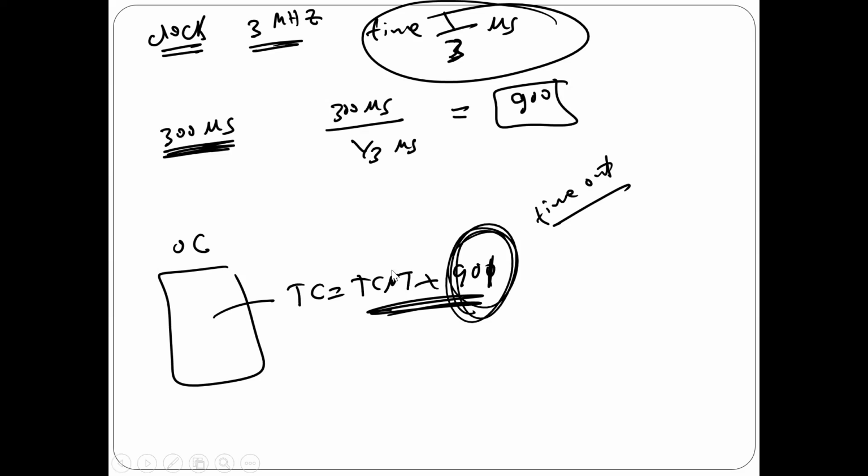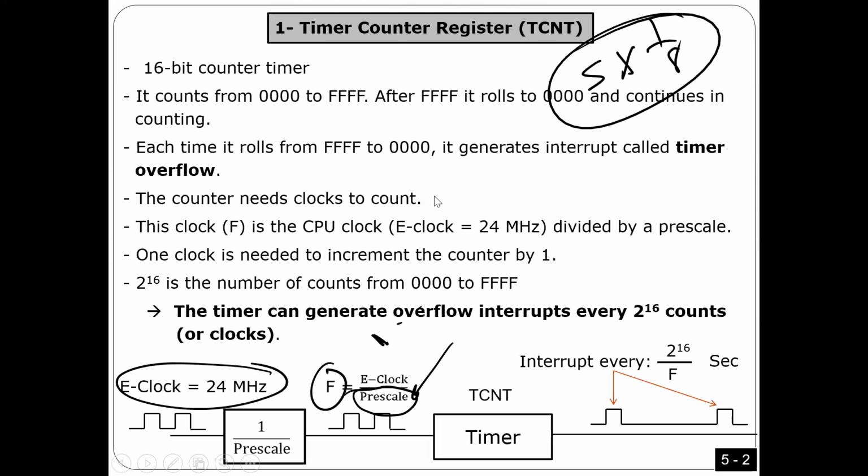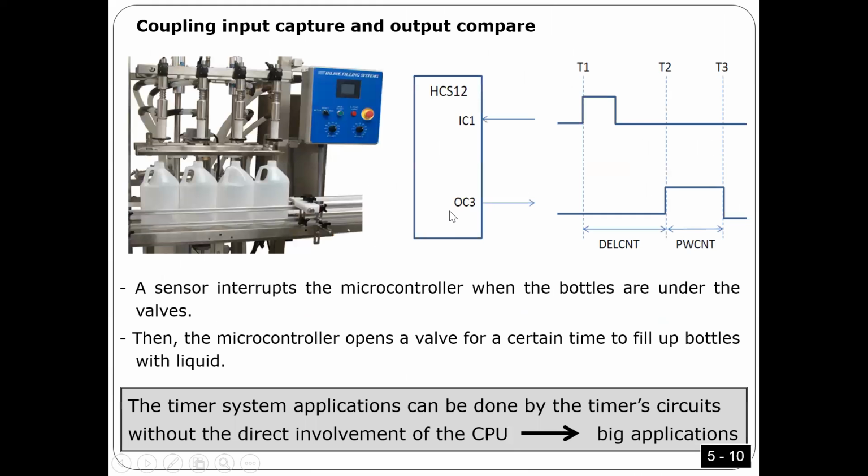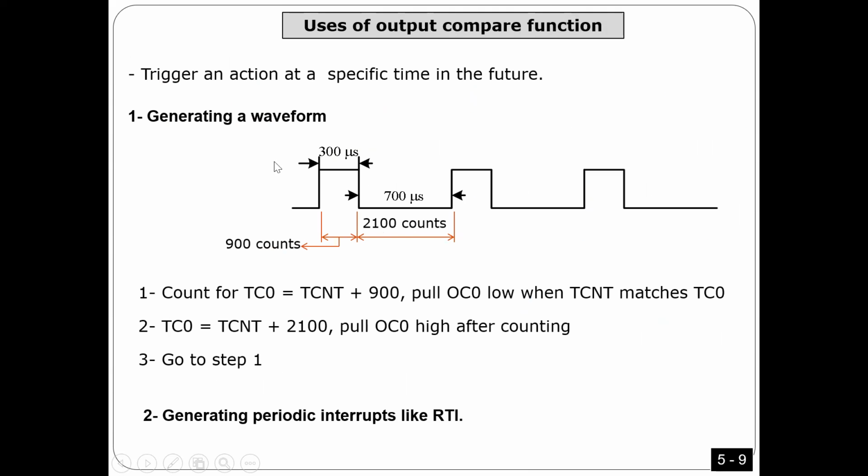Okay. Now, this is the most difficult part. Once you understand it, the coming part just repeats most of it, similar to what we did before. So this is a program I'm going to teach later. In this program, I want to generate a signal like this one. As I told you, here we have 300 microseconds. However, we have here 700 microseconds.